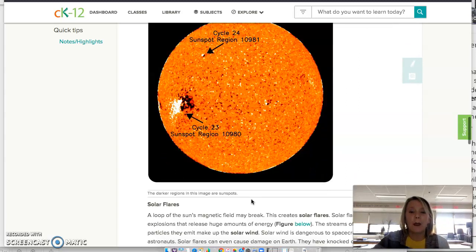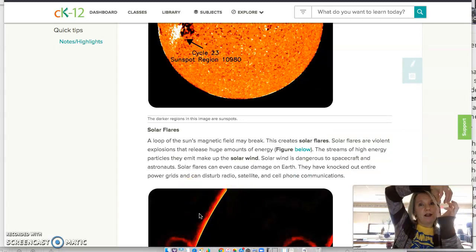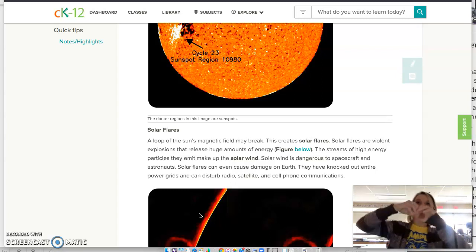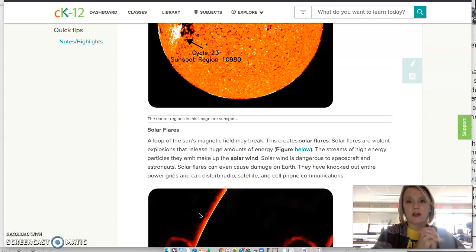Every once in a while, solar flares will come out of these dots on the sun, and they'll actually break. They make an arc and they break and they explode out into space. And those explosions can cause all kinds of havoc, damage to spacecraft, danger to astronauts in space. It can wipe out cell communication here on Earth. And there's a lot unknown here. Scientists are actually studying the effect that solar flares have on communication here on Earth and